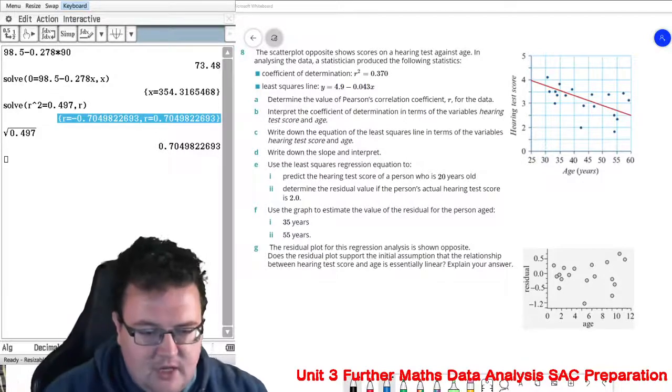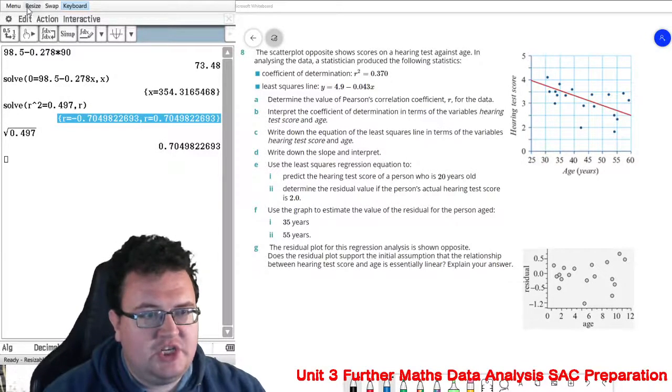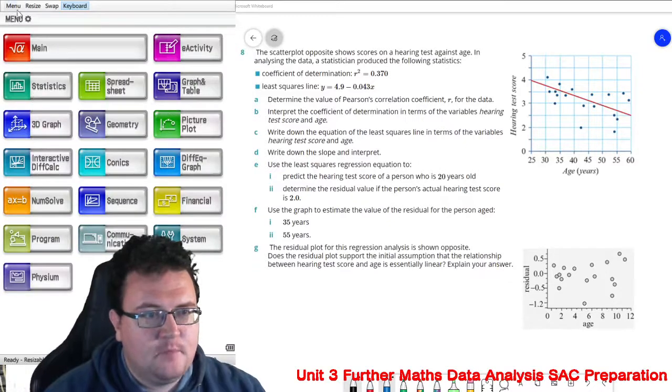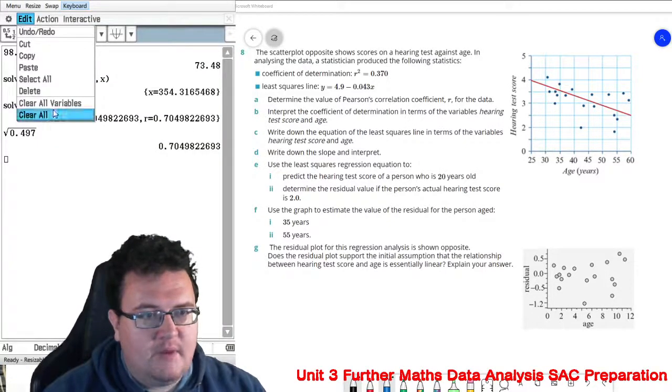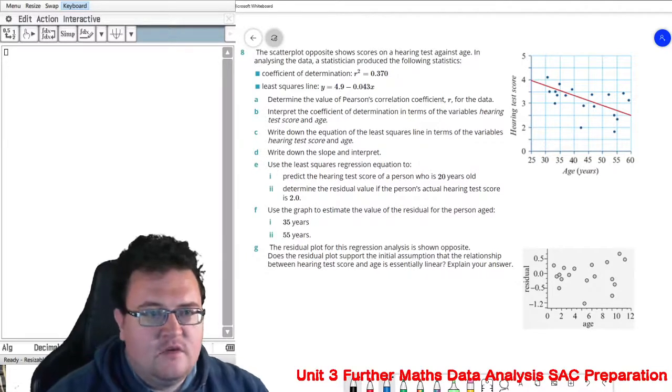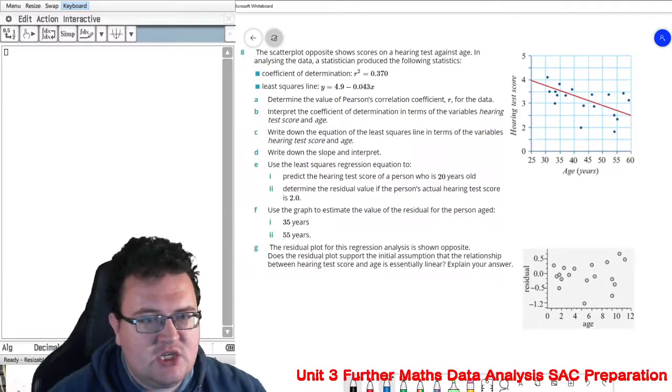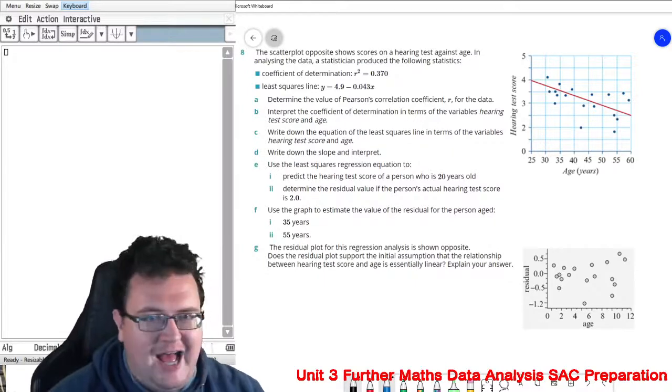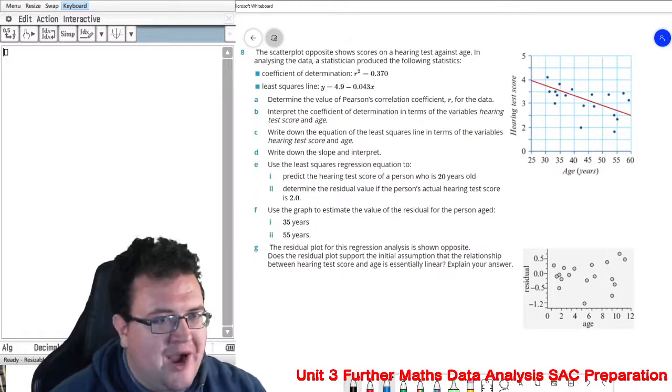Welcome back. Today we're looking at 4C question 8. And as part of that, it's a multi-step behemoth. So determine the Pearson's correlation coefficient for the R value of the data. So again, you are given